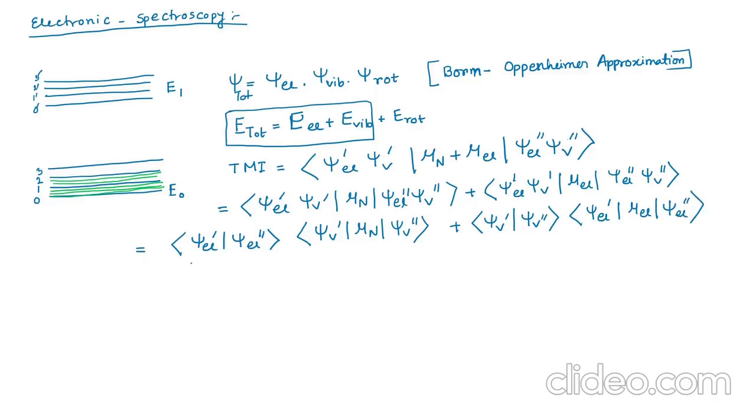Now if you remember, this wave function is going to be orthogonal and 0, because they are the two electronic wave functions, right? But this is not going to be 0, because they are part of two different electronic states, right? So that's why it is not going to be 0, and we are going to get,